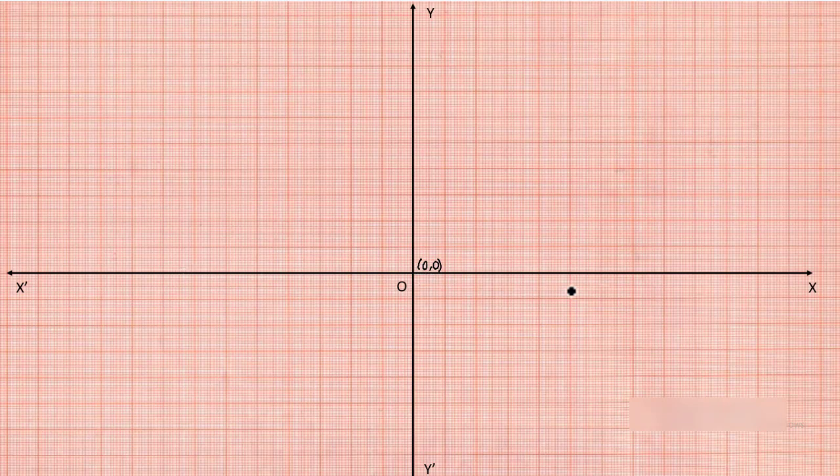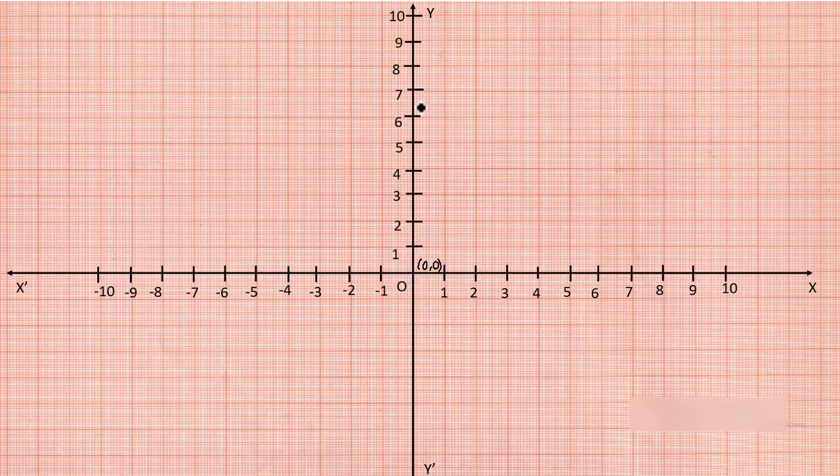If you consider this x-axis, on the right hand side of the origin you get all the positive numbers like 1, 2, 3 and it goes on. Similarly, on the left hand side of the origin, we obtain the negative numbers, that is minus 1, minus 2, minus 3 and so on. When you consider the y-axis, the values above the origin are positive and the values below the origin are negative. So this is how we form the x-axis and y-axis.